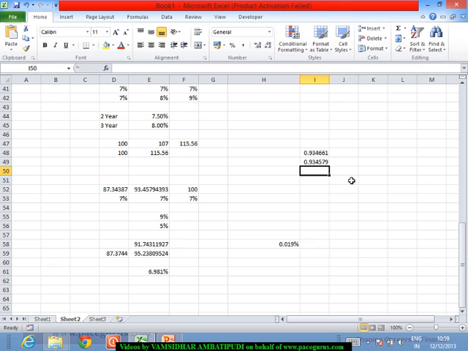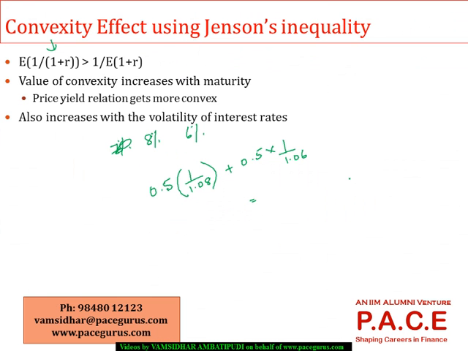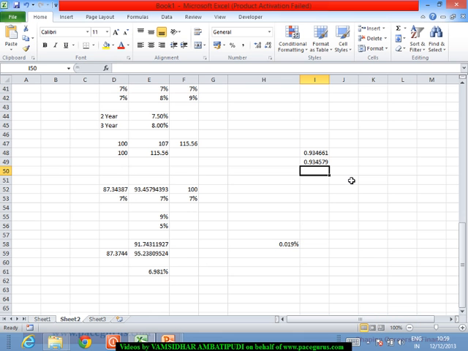So what you will find is that the difference is primarily because of the convexity effect itself. This is the Jensen's inequality effect. Sometimes you can change the time period. Here, instead of 8 and 6, I have changed it to 9 and 5, or probably you change it to 10 and 4. You will find the difference is 4.2 basis points, which means you can very well see